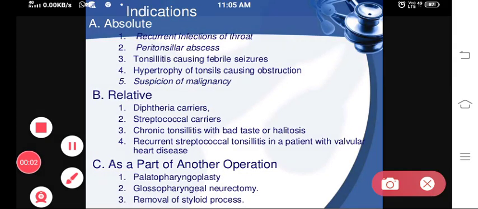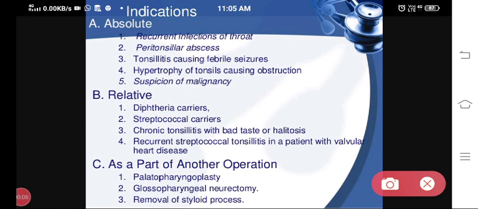This session will be based on just the general things about tonsillectomy. So if you start reading tonsillectomy, the first thing which will come is the indications. We can divide the indications into absolute, relative, and as a part of any other operation. If you see absolute, it is very easy, and there are 5 absolute indications of tonsillectomy, starting with recurrent infections